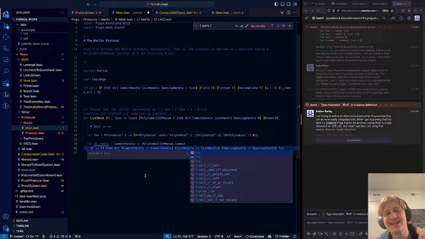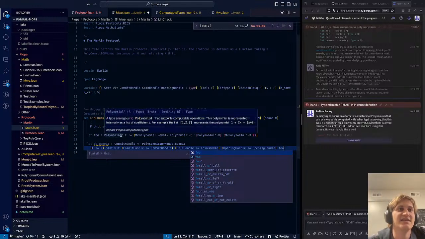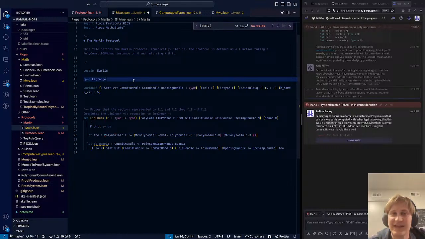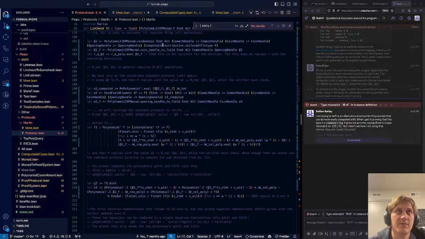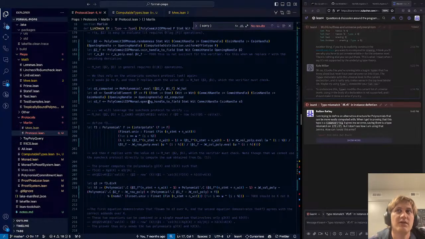Ooh, it's weird. It's like it realizes that there's no sorry. It's good, right? Because this does not rely on the fact that this is a semi-ring. It only relies on the fact that we can do the semi-ring operations. So there should be semi-ring and lawful semi-ring. It's like separation of church and state. And if I look back here, okay, cool. Save those changes. If I look back here,